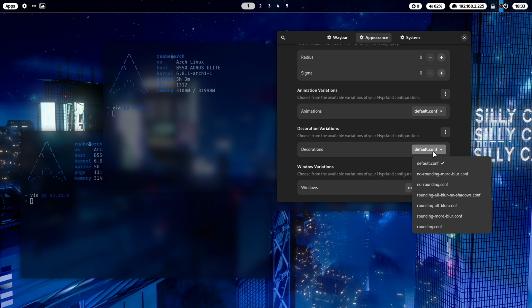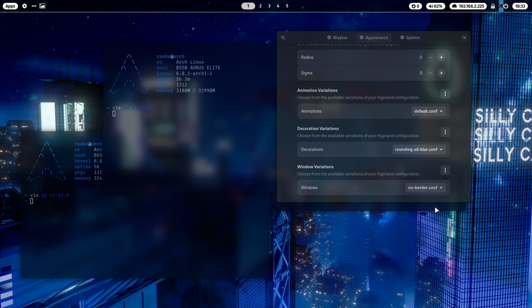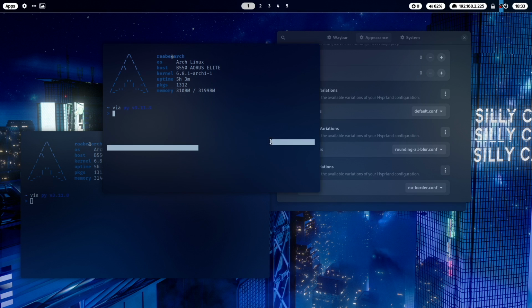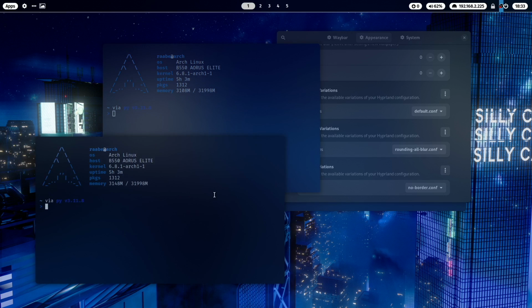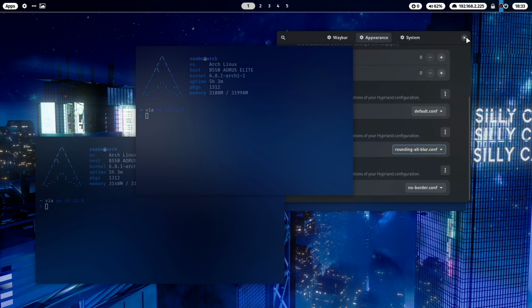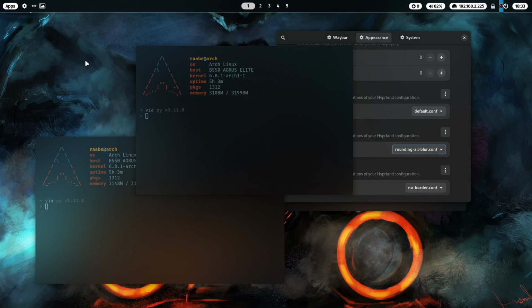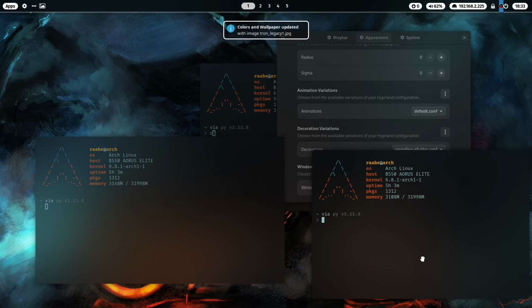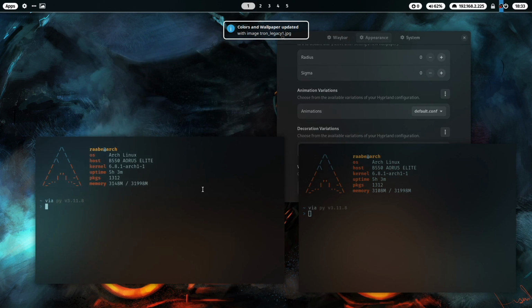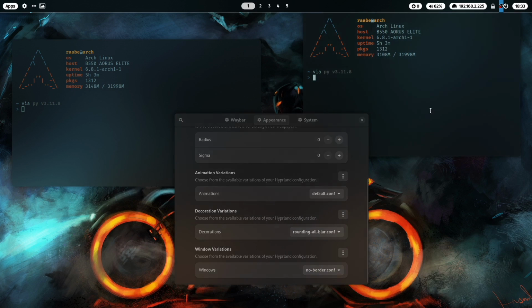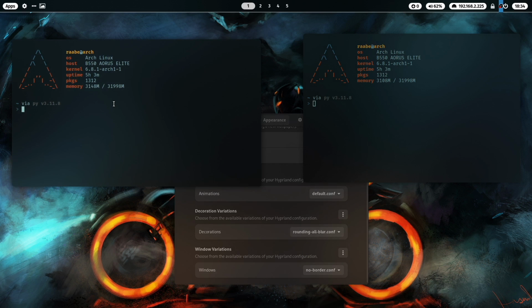In the decoration, we can set the variation rounding all blur. And now we have a much higher blur effect on the windows, but also here on Waybar a blur effect is now enabled. Let's switch to another wallpaper. With Super key Shift W, you can select a wallpaper randomly. And this looks already very nice and special. Okay, you can do much more,